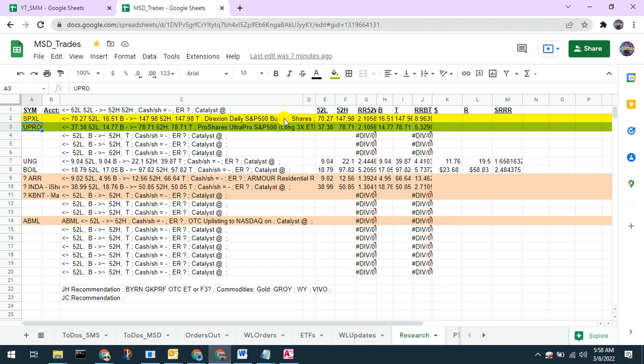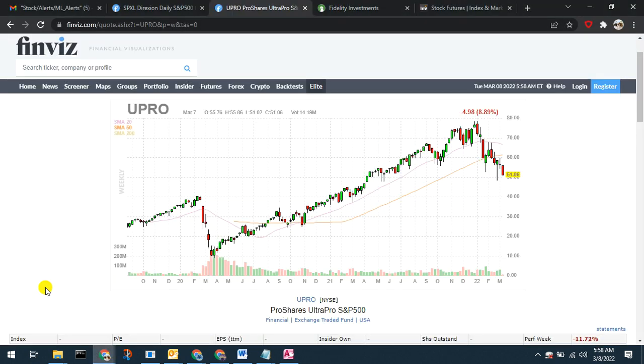They're both 3X leveraged, and again I've captured the 52-week low, which is 70.27, the 52-week high 147.98, which again I just copied. I'll show you where that is in the FinViz page in a second, but I just copy paste that into the cells, and then I get a risk reward for 52 weeks just by dividing the high by the low, and it shows a comparison between those two for 52 weeks, and then I'll show you the bottom and top and then the comparison. So if I just whip over to those graphs a second and we look at UPRO